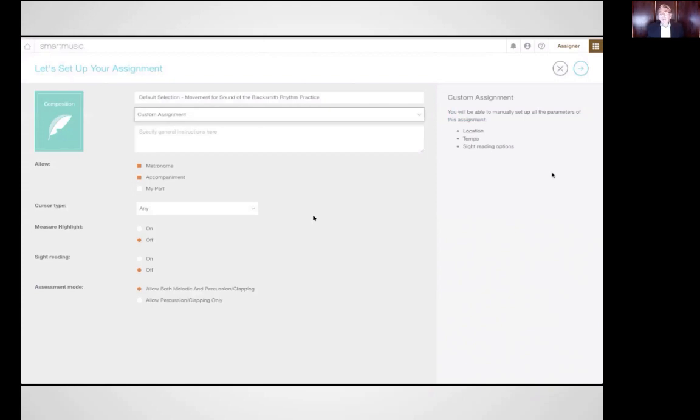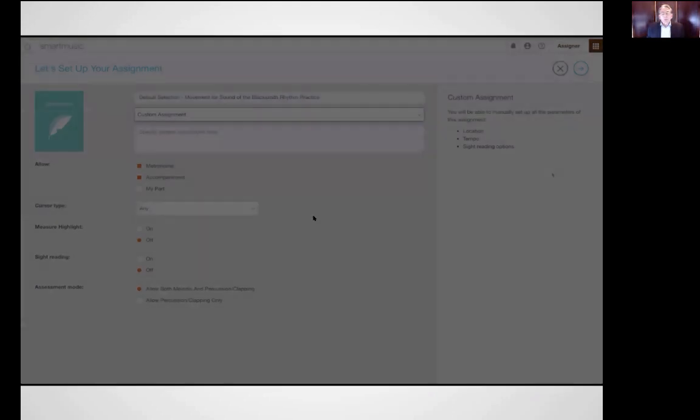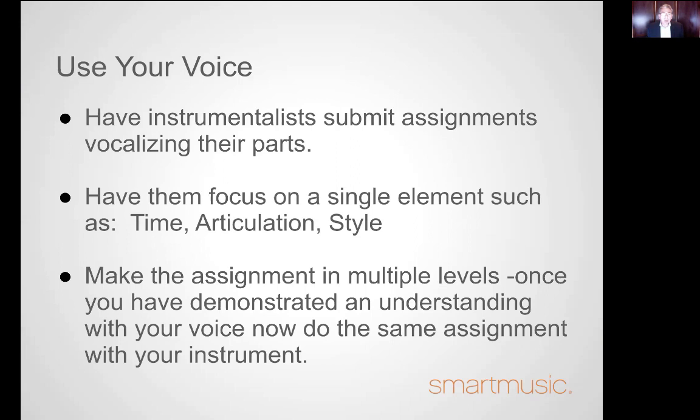So that was a really great example of how that Music XML file could work. The thing to keep in mind is you could have also composed that exercise inside of SmartMusic in our Compose feature. The other thing to share with you is that we're demonstrating it in terms of rhythmic work, but it could be for anything.